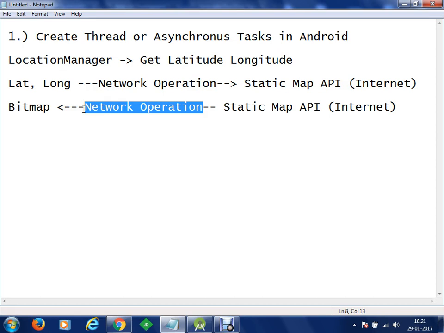Whenever we have to perform a network operation or a long operation, we always try to execute that in a background task. That is not GUI. So at that moment, the user will be able to interact with the graphical user controls, and on the back thread, the network operation will be processing. Once we have got that operation completed, we are going to receive results and we can display results on our view components, okay? So let's see.